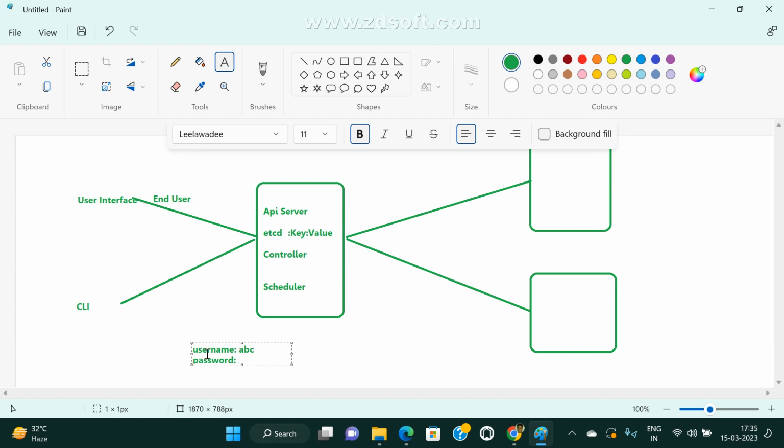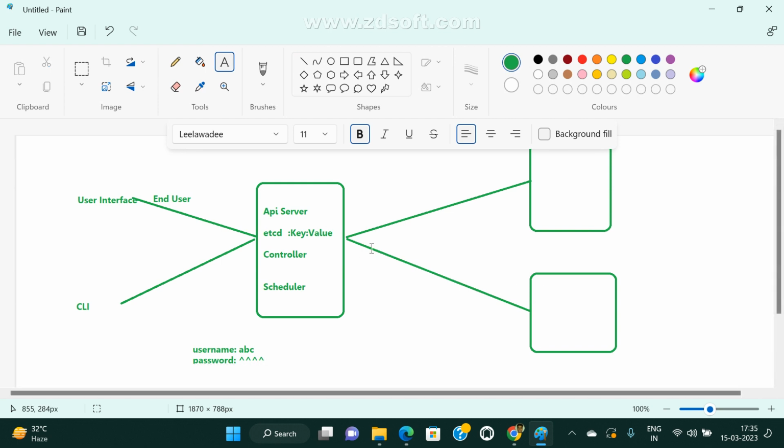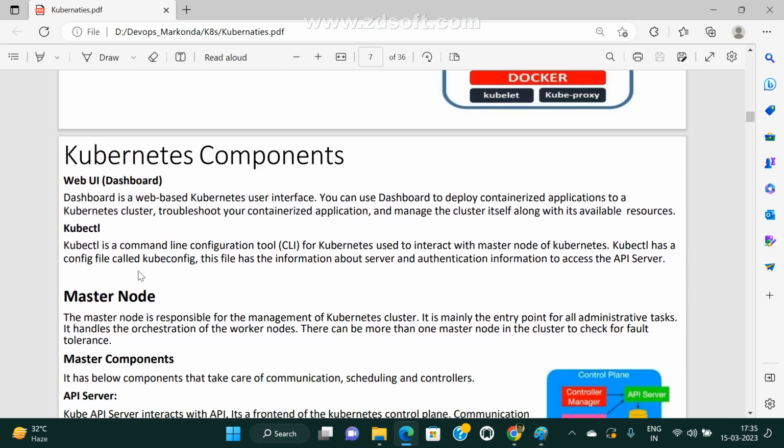So if we send any request, first the request goes to the API server. The API server reads your request, and that information it stores into etcd in key and value format. This is the first step.